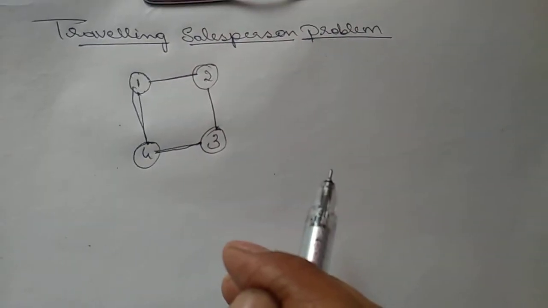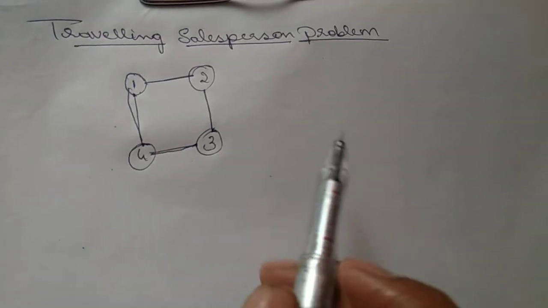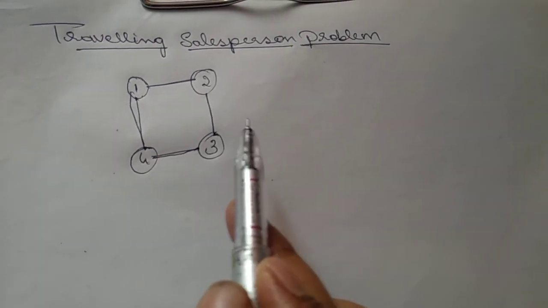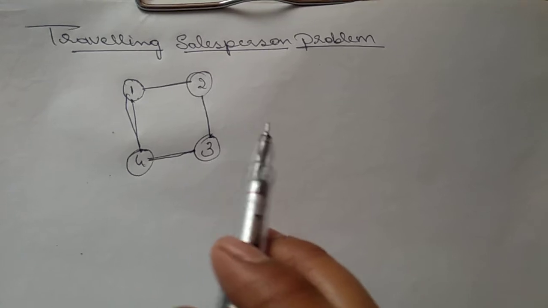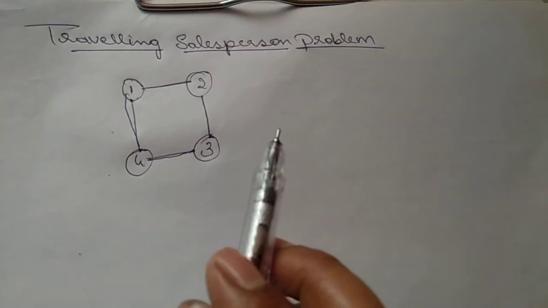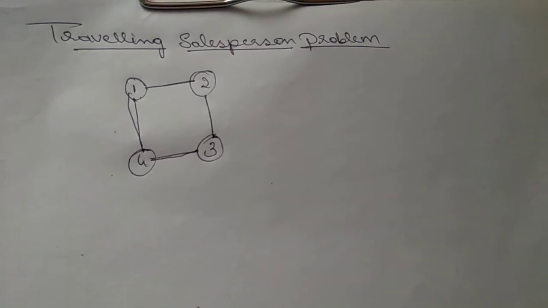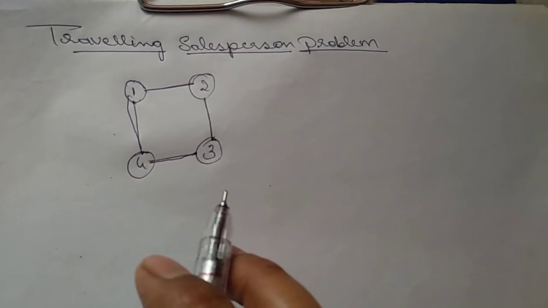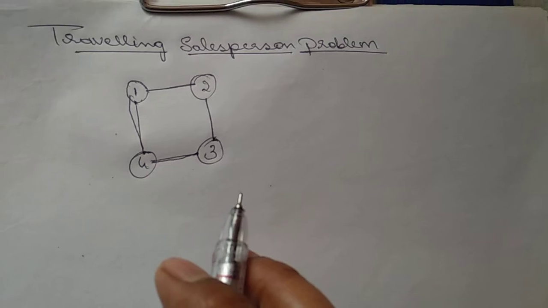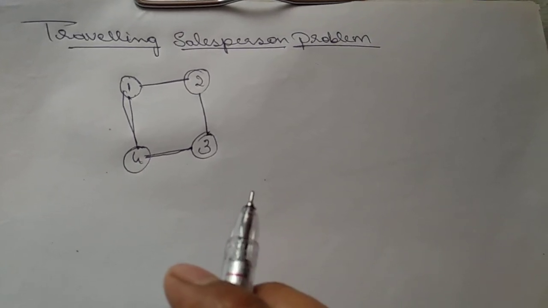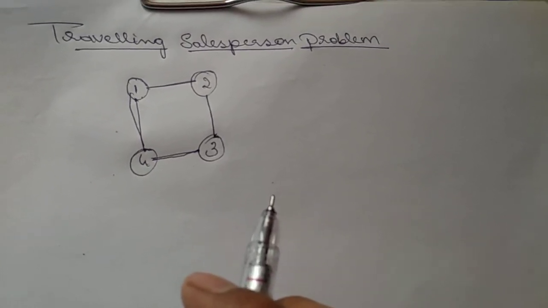Here the logic is that n cities will be given and then a salesperson starts at a specific city and he'll visit all n-1 cities only once and return to the city from where he has started. The main objective of this problem is to find a route through the cities that has minimum cost.